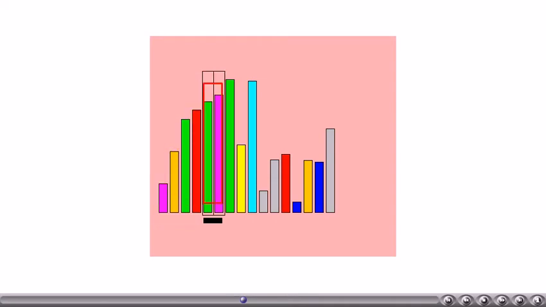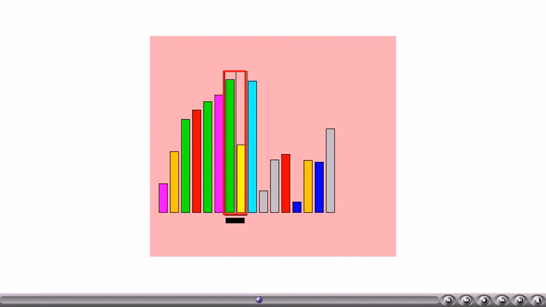Now these two elements are required to be sorted. Incidentally, they are already in ascending order. We need not do anything with these two numbers. These two bars are required to be sorted into ascending order. As the first bar is higher than the second bar, they will be exchanged such that they will be in ascending order.